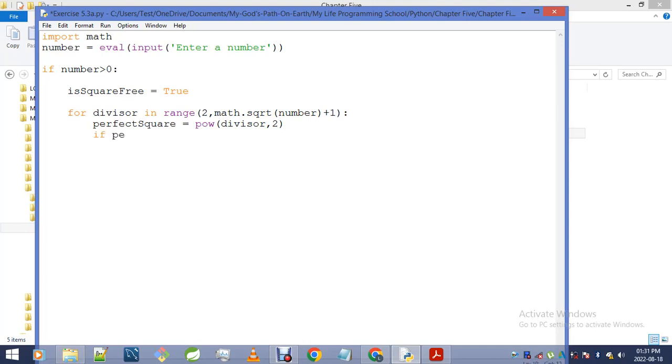Now if perfect square is less than or equals to number,